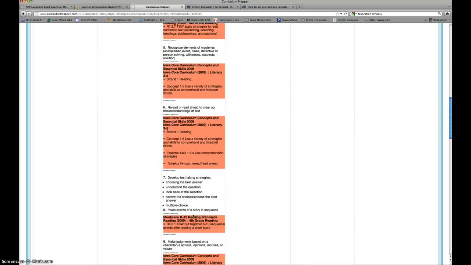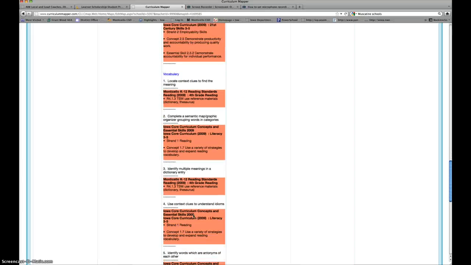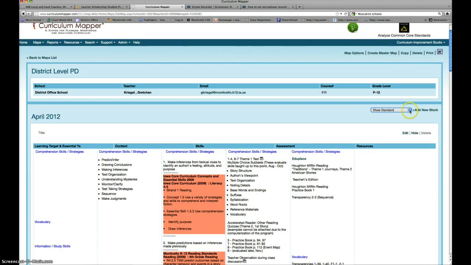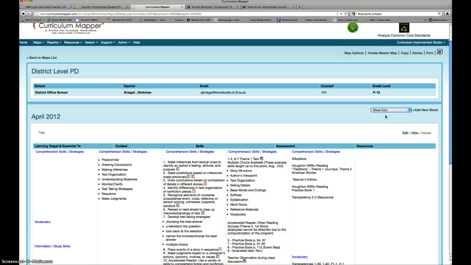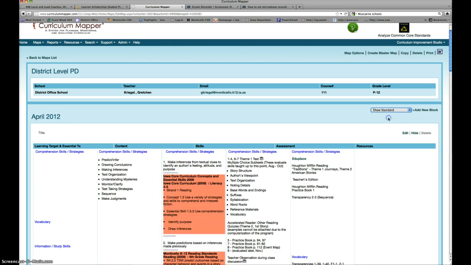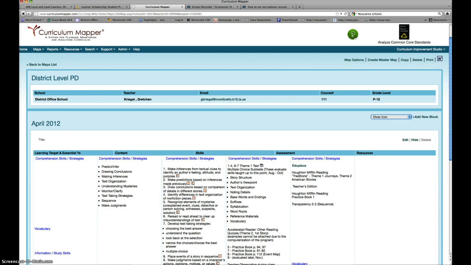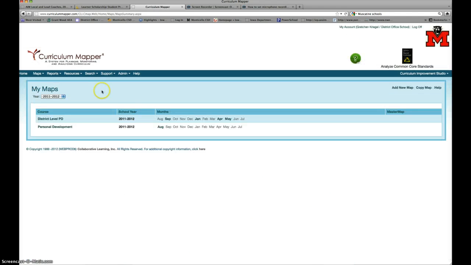And Lindsay has never used Curriculum Mapper Classic, so we know that there's glitches in the system, but it looks like all the actual standards themselves have copied over. And once they get the bugs fixed within the software to match up with the current versions of Firefox and Safari, we shouldn't have any issues. So for now, it's just going to show the old icons, or for some of you, I know it has not shown any icon at all. So just to double check and make sure the standards themselves came over, just click Show Standard and make sure they're there. If they're not there, what you can do is go back to your map list, click on that